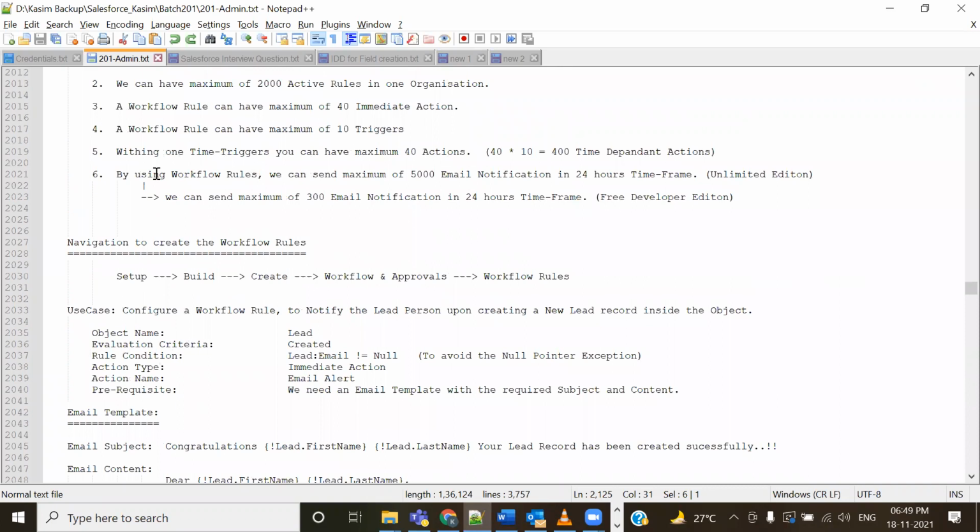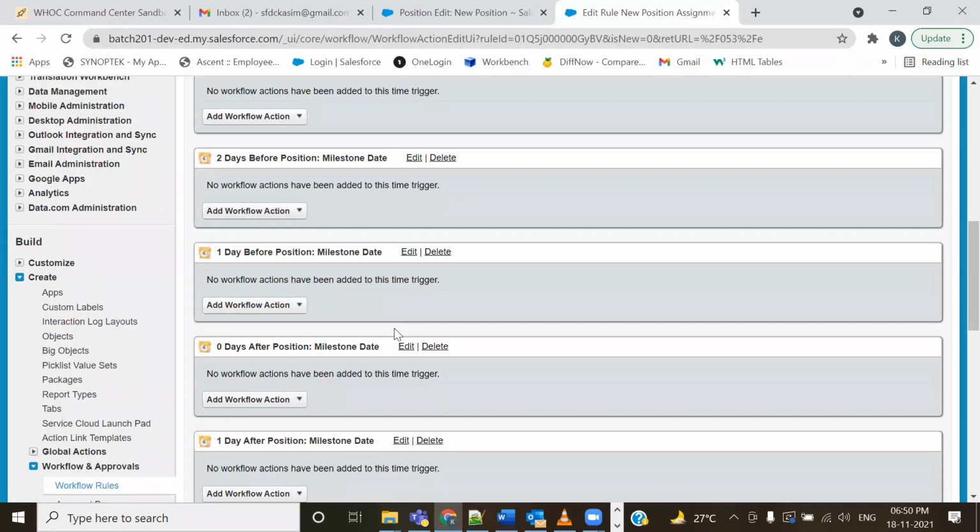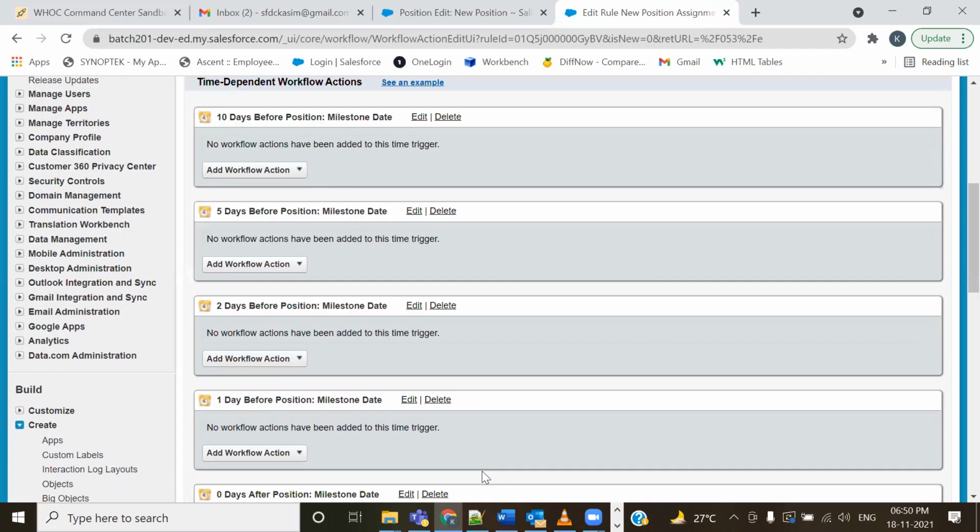How many time triggers I could create? I could create in a workflow, I could maximum create 10 time triggers, not more than that। Okay, 6 we have created. That means we additionally have a scope to create 4 more time triggers. Maximum you could create 10 time triggers. In our example, what we have done, we have created 6 time triggers. I have a scope to create 4 more time triggers।